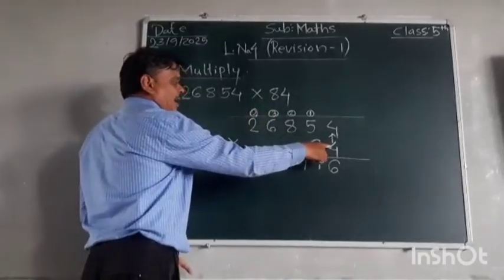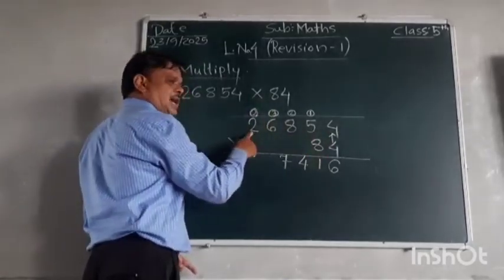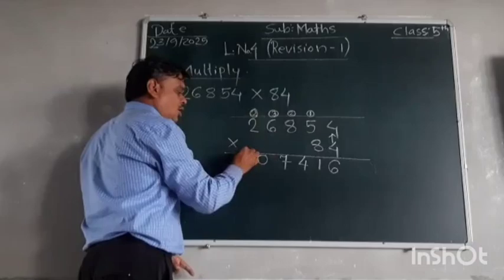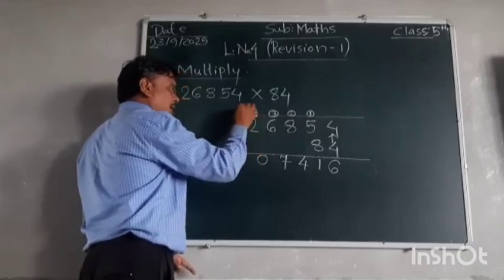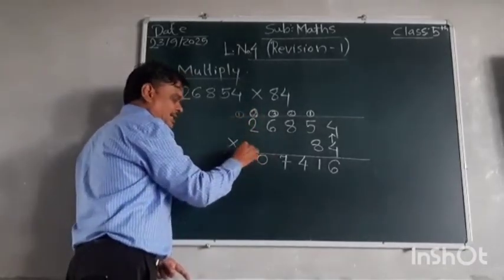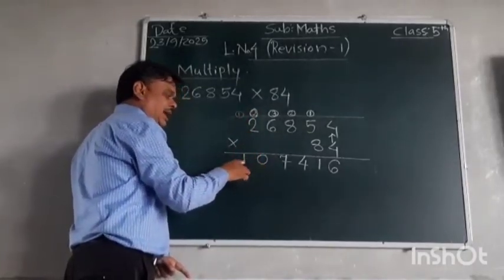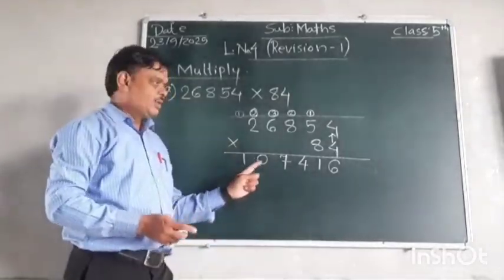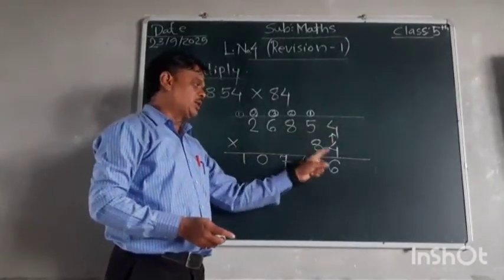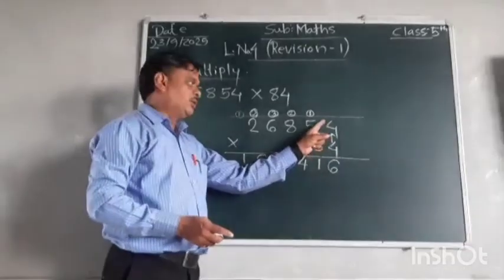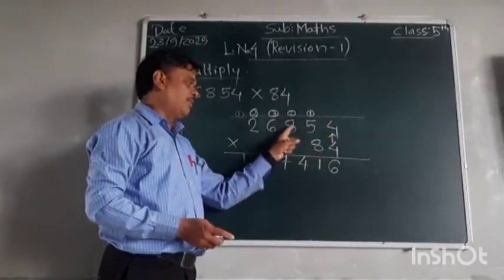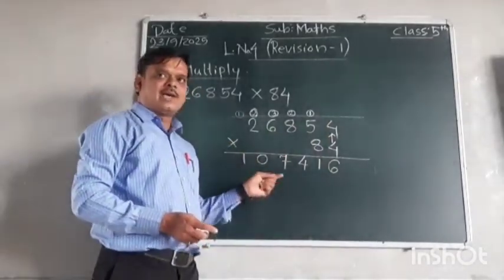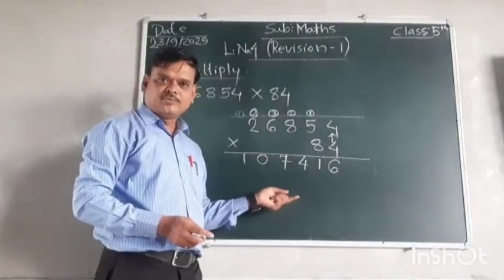Now multiply 4 by the 2. 4 twos are 8 plus 2 will be 10. So here no next place is there. You can place this carry here and write as it is, or you can simply write that carry here also. So always remember that while writing this product, you have to write just below every place digit only. Don't miss the place, otherwise the next operation will be wrong.